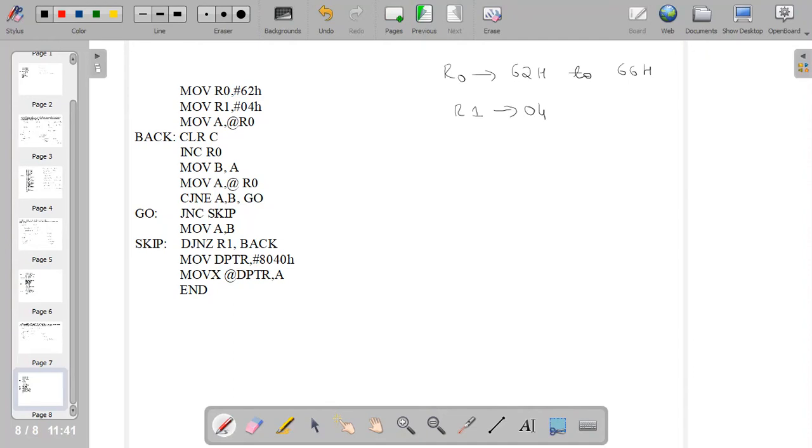So R1 value is 04, and then we get the content of 62H to A, and then it is moved to B, and then we access the content of 63H and move it to A. Then comparison is done between A and B. If A equal to B, then we have to just decrement the content of R1 register, and if A is not equal to B, then we have to check whether there is carry or not. So if there is carry, means A is less than B, means the content of 63H is less than 62H.